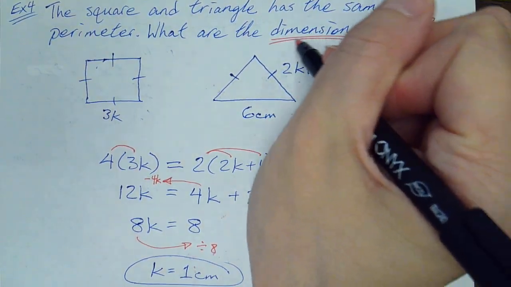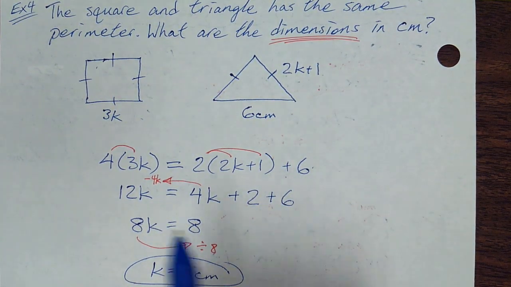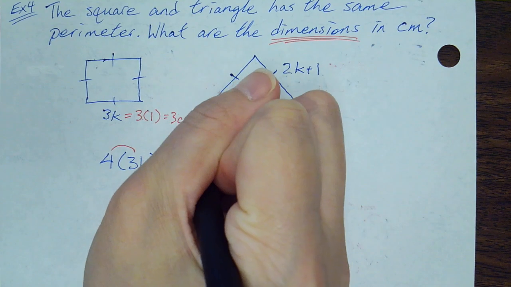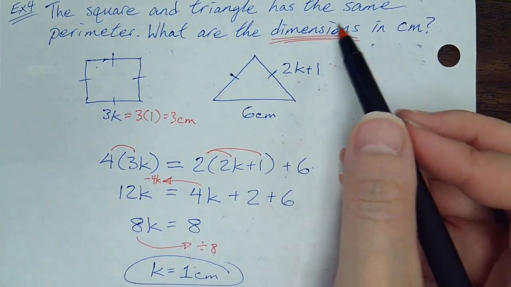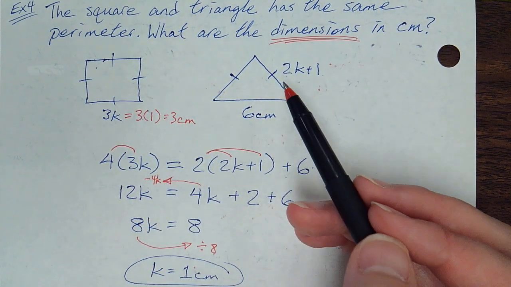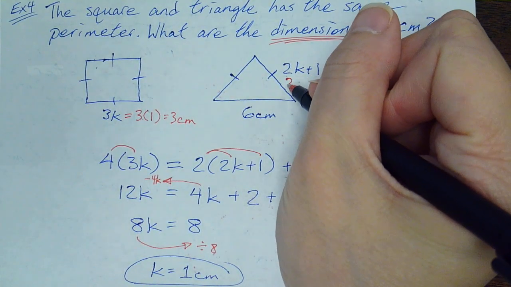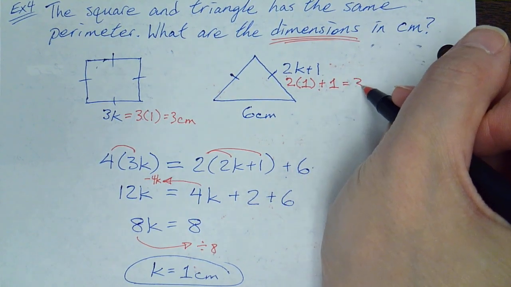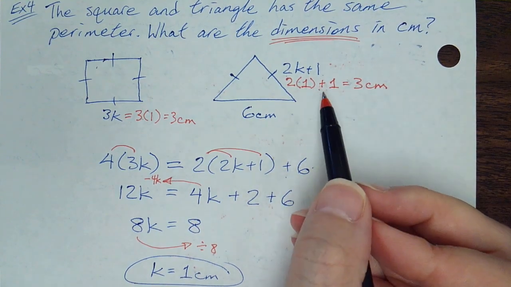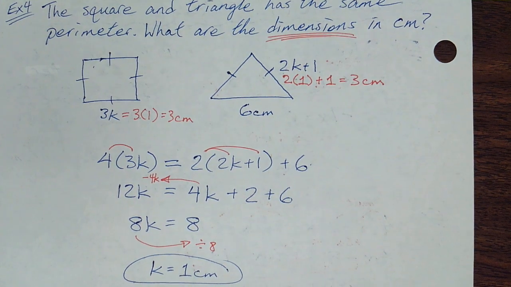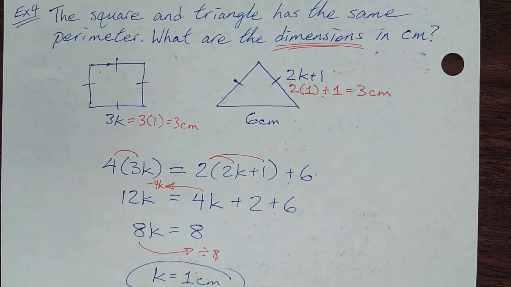So the square is... Yeah. So I'm asking for the dimensions. So the dimension of the square, this is a 3 by 3 square. And here, 2 times the 1 plus the 1 equals 3 centimeters. And this triangle is a 3, 3, 6 triangle. All right, so